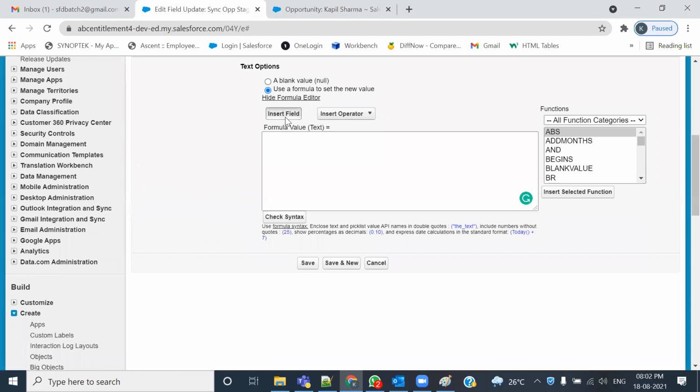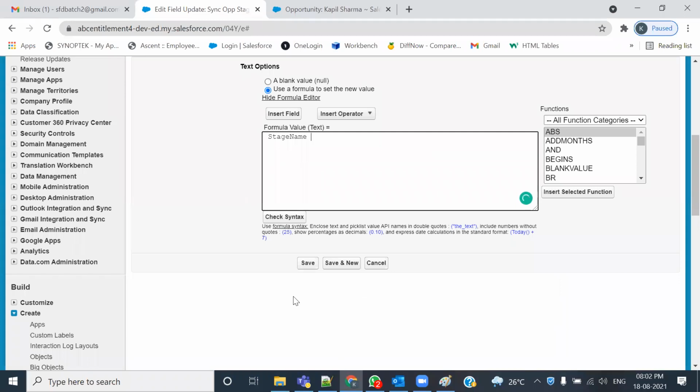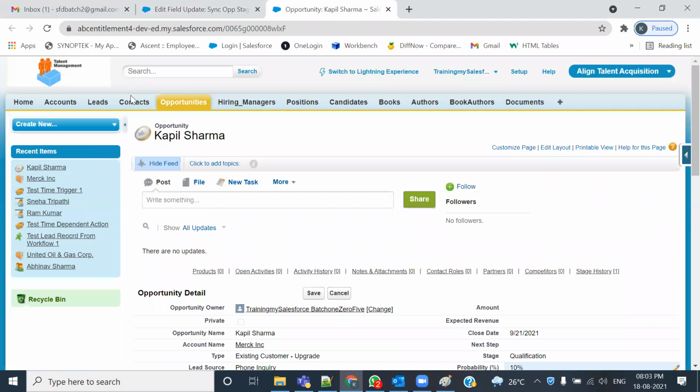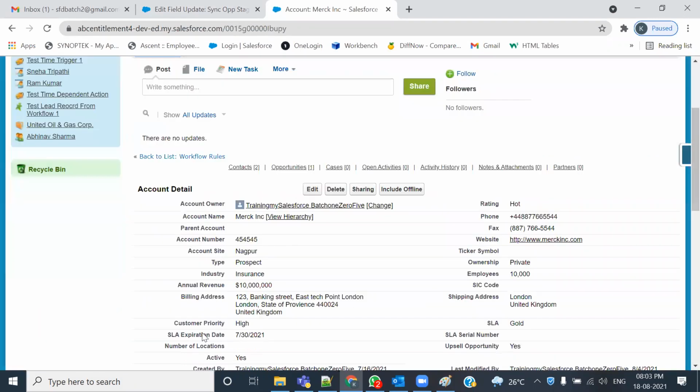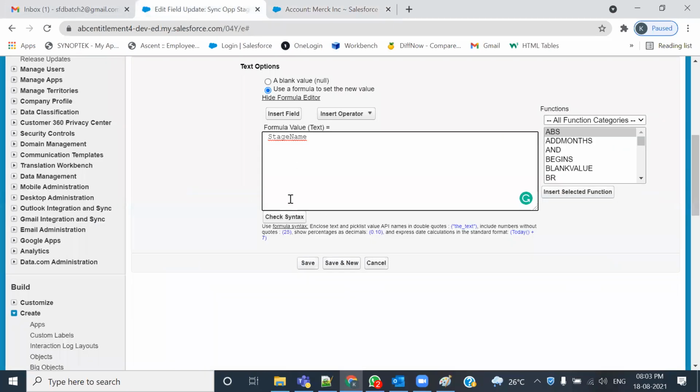वी वांट टू इंसर्ट अ फील्ड। कौन सी फील्ड इंसर्ट करना चाहते हैं? अपॉर्चुनिटी की फील्ड, अपॉर्चुनिटी की स्टेज नाम की फील्ड। तो अपॉर्चुनिटी की स्टेज फील्ड इंसर्ट करो, ठीक है। तो वी वांट टू ट्रांसफर दिस फील्ड वैल्यू, अपॉर्चुनिटी की स्टेज वैल्यू जो भी होगी। लेट मी गो टू द अकाउंट्स, मर्क इनकॉर्पोरेशन, और व्हाट वी वांट कि अपॉर्चुनिटी ऑब्जेक्ट की ये जो स्टेज वैल्यू होगी दैट शुड गेट कॉपीड इनटू द डिस्क्रिप्शन, यहाँ पर आ जाए, ठीक है।